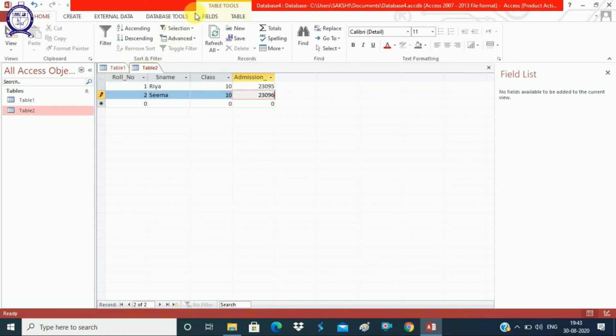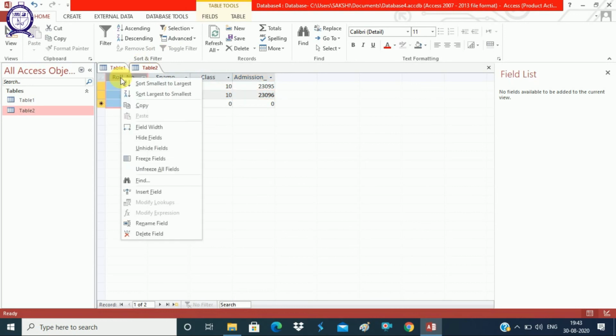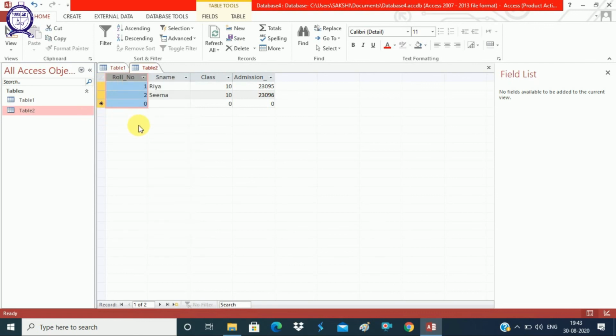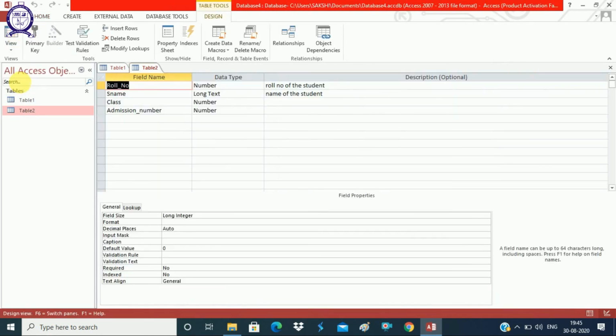So for taking the primary key, either we can right click on any of the keys which we want to make as the primary key, and then we have to choose the option of the primary key from there. In order to set roll number as a primary key, we need to set it during the design view itself. So we will go to the view and we'll click on the design view, and in the design view either we can right click and choose the primary key option from here, and you can see the symbol of key here which shows that it is a primary key, or we can go to the design tab and choose the primary key option from here.